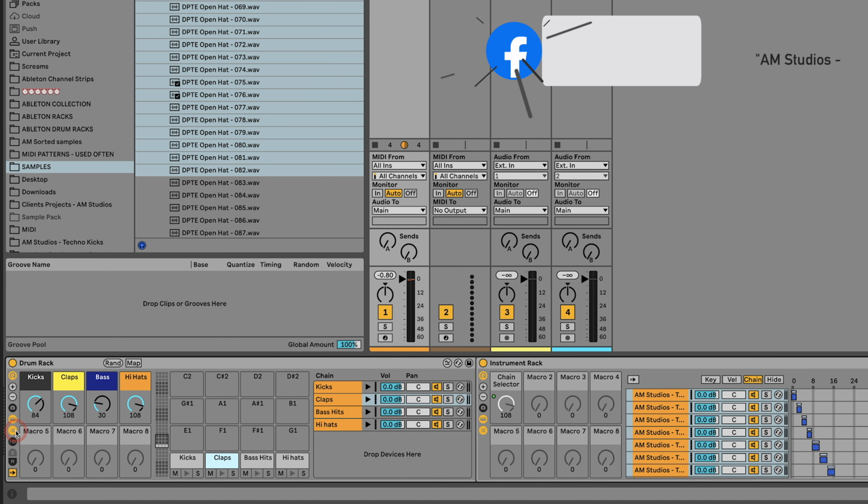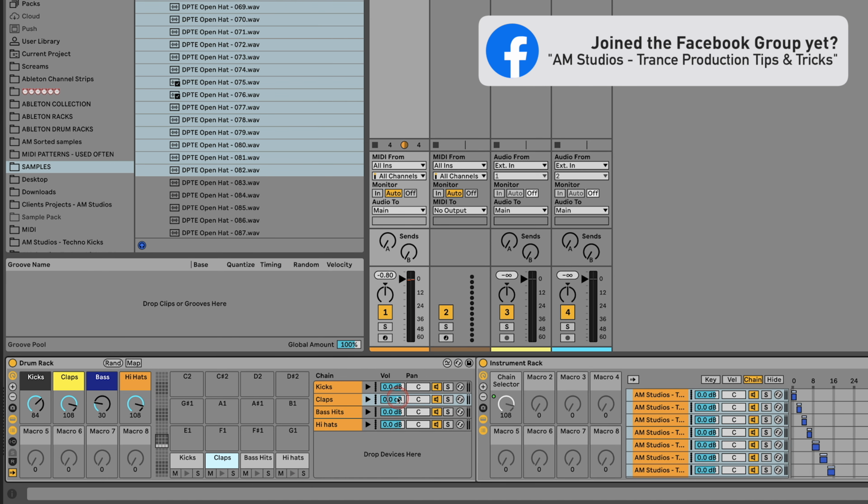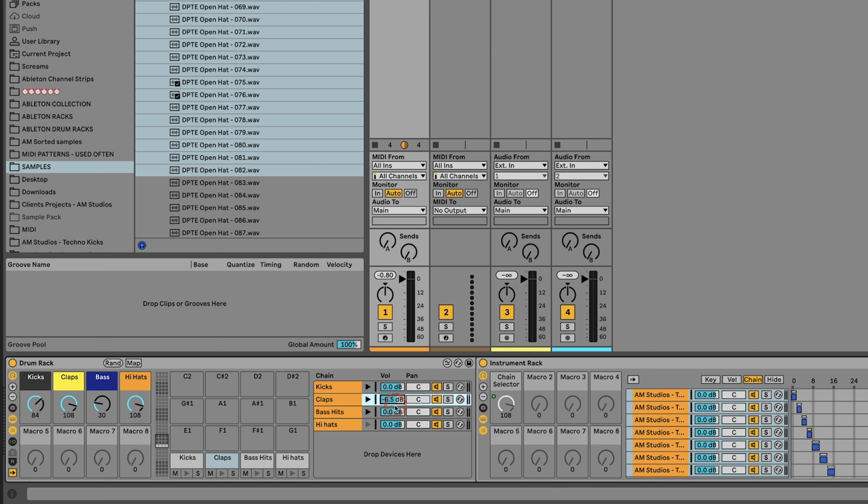Now, obviously, this isn't mixed perfectly, but for example, if you click this little chain here, we can start to level things up. Now, this isn't to create a perfect mix off the bat. It's to find out which samples you like that work. So again,